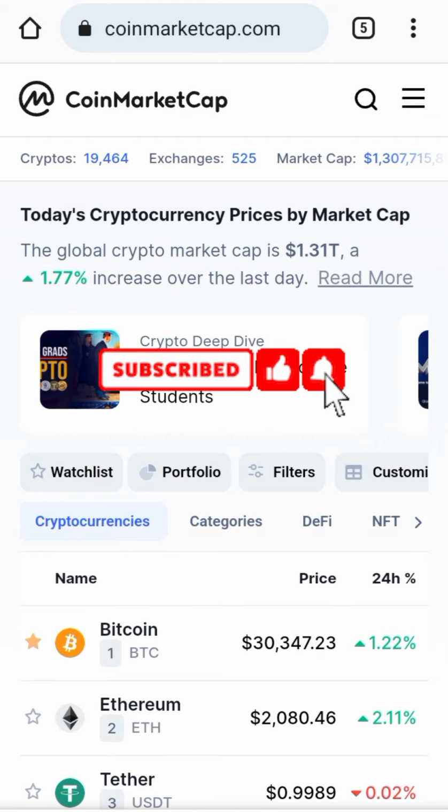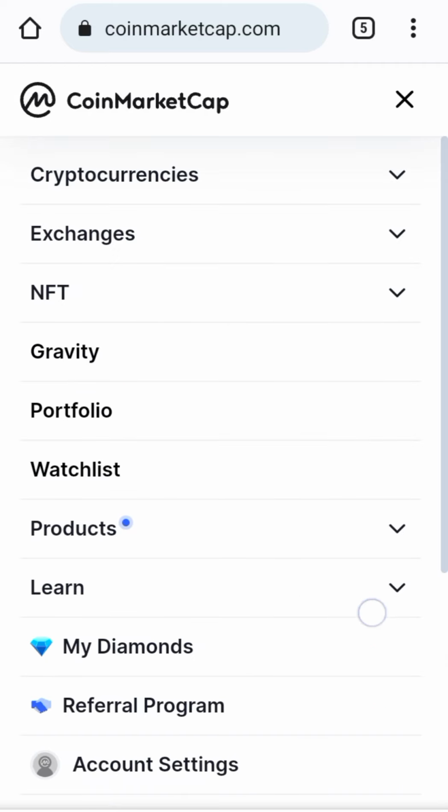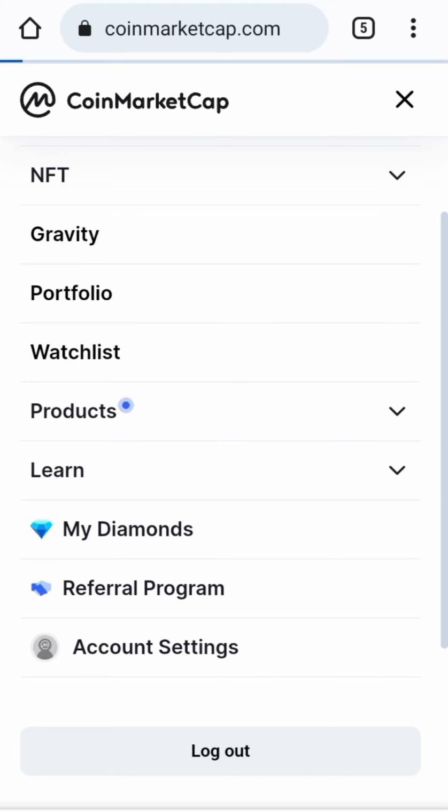So now if you're into buying crypto and probably you bought some coin on your favorite exchange and you don't know how much you bought or how much you're making or how much you're losing, well, here's what to do. Head over to Coinmarketcap, right click over here, go to Portfolio,